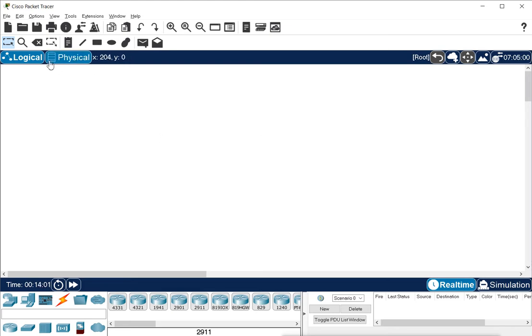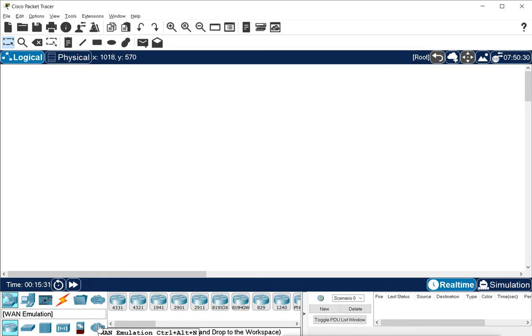Now we can see these options clearly, and at the bottom we can see the devices clearly too. First I will show you the network devices. When you select this, it shows that these are the network devices: routers, switches, hubs, wireless devices, security devices, and WAN emulation.